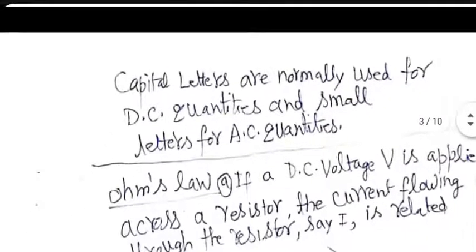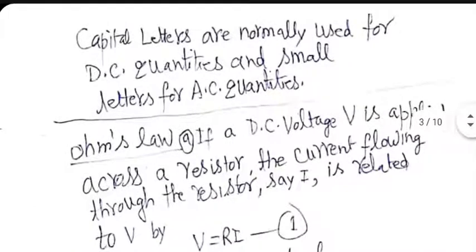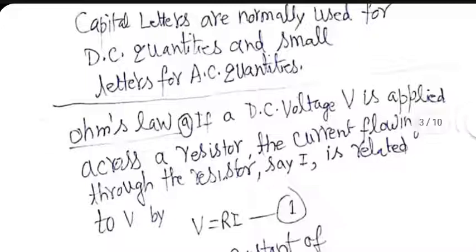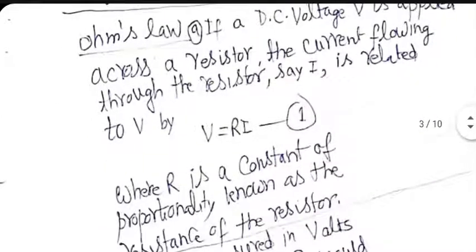Yeah, one thing about symbols, be careful. All DC quantities will be given capital letters. All instantaneous quantities in the AC world will be given small letters. But average value or RMS value or peak value, even in AC quantities, will be given capital letters. Ohm's law is well known to you. V equal to Ri. It applies to both DC and AC. In case of AC, it applies to RMS values, it applies to peak values, it applies to even instantaneous values. Okay.